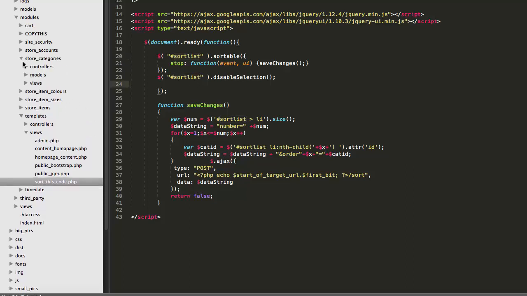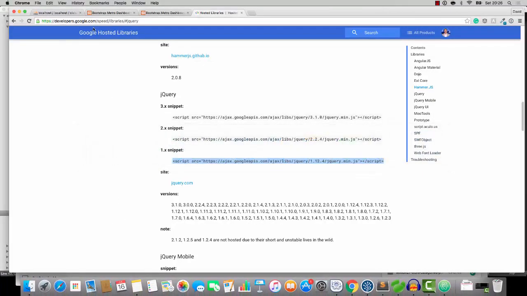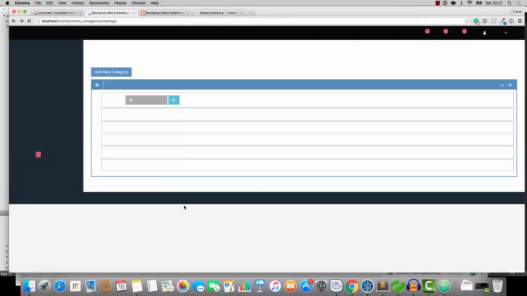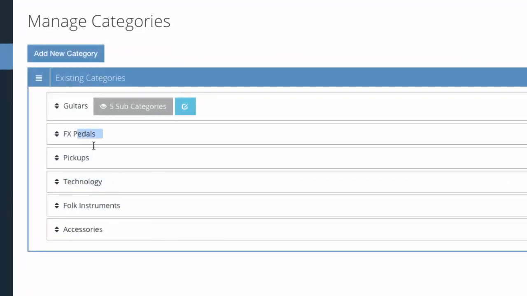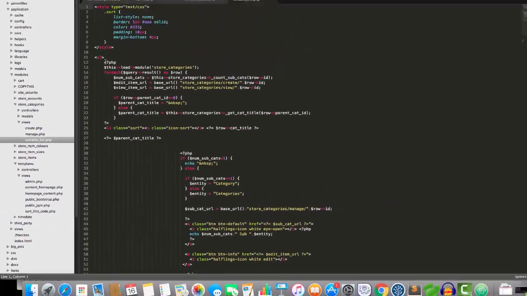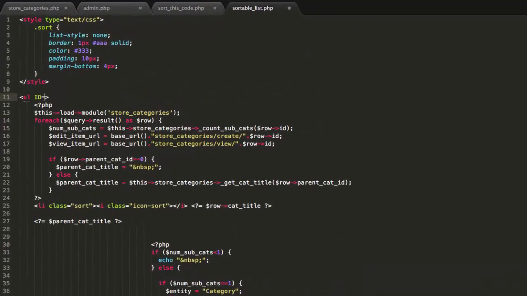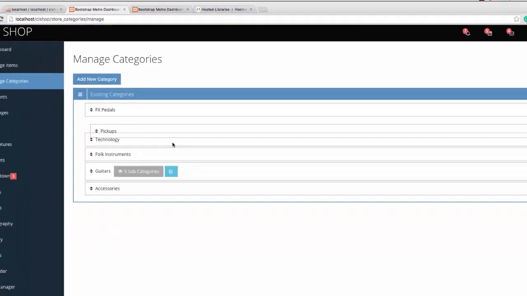So check this out. I'm going to bring up the sortable list thing. In fact, do you know what I'm going to do? I'm going to save this and refresh the screen. And look, I'm clicking and dragging and nothing's happening, okay? You can't see this, but I'm dragging and nothing's happening. So just so you can see what's meant to happen, I'm going to bring up sortable list, and where it says UL, I'm going to say ID equals sort list. So now we refresh the page, and if you have a look, you'll see that everything can be